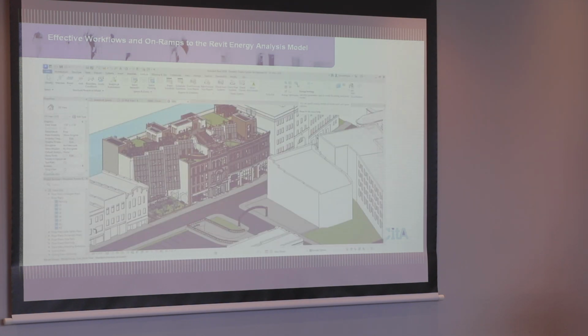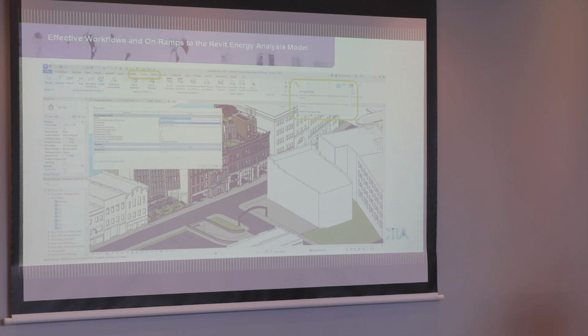And particularly in a big model like this. So this is called Snowdon Towers. I think it's in Pennsylvania or something like this. This is Autodesk's current sample architectural model. Yeah, there's loads of stuff in it. Well, I mean, it's a pretty good model, right? But there's lots going on. To run an energy analysis model, basically what we're doing is going to the Analyze tab. There's this Energy tab with a number of things, Energy Settings being one of those